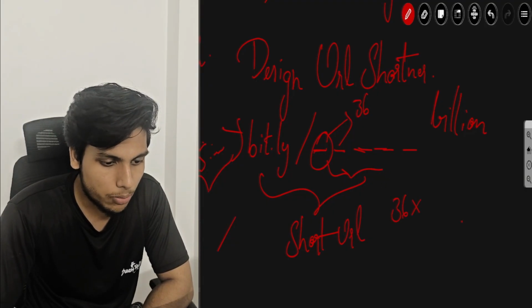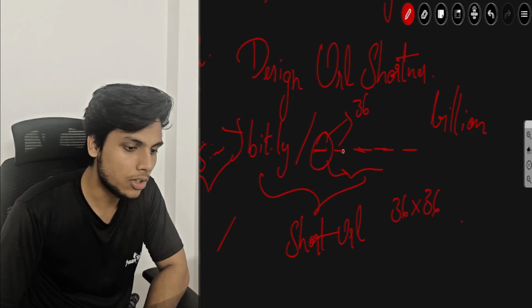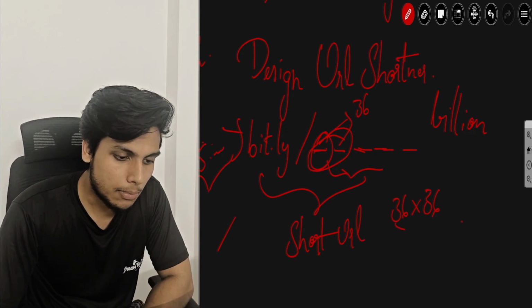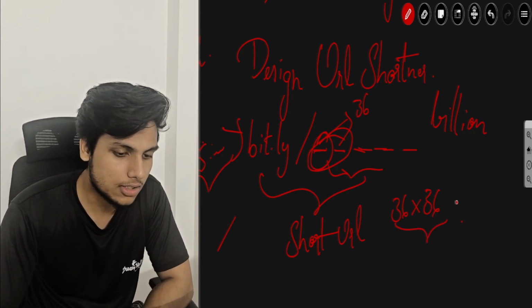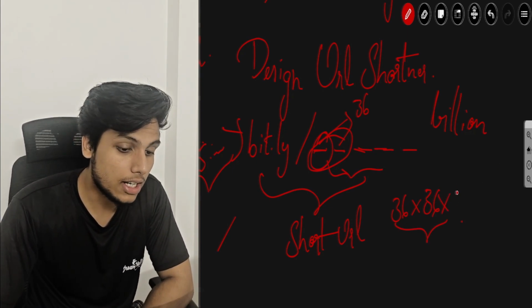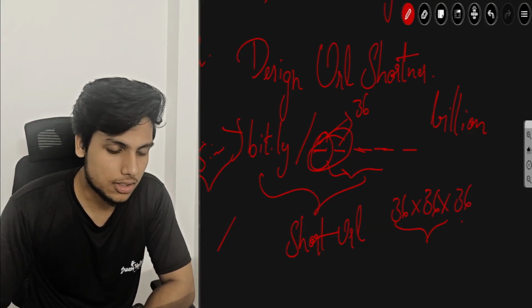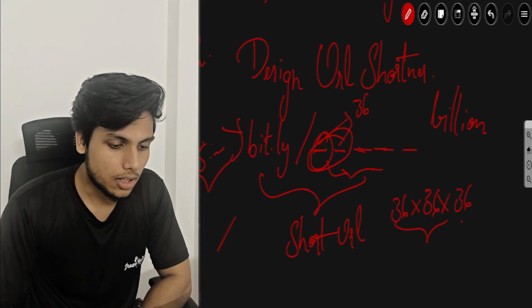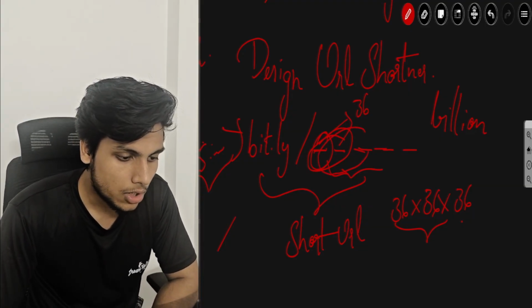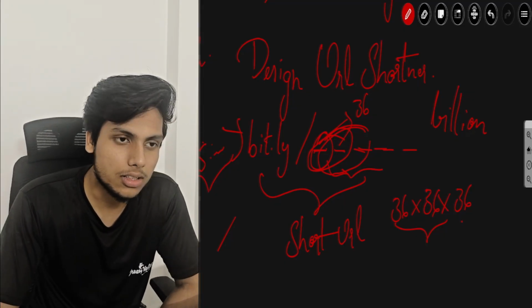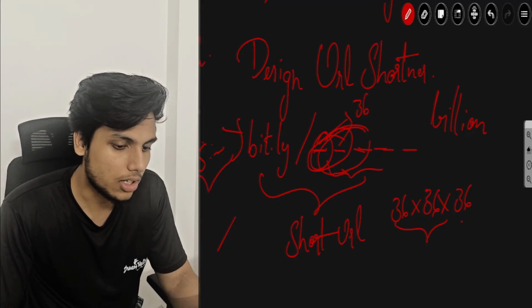For every position your possibilities get multiplied. So if I take the URL length as 2, then my possibilities will cover 36 into 36 addresses. If I take the length as 3, then 36 into 36 into 36, that is 36 cube addresses, will be covered. He'll be checking whether you have an idea on these things as well.